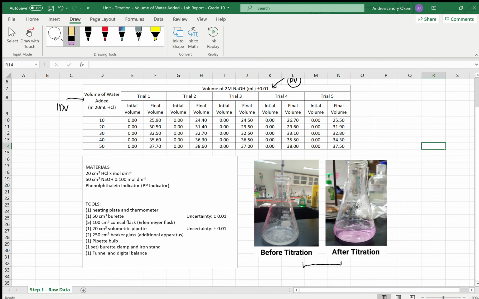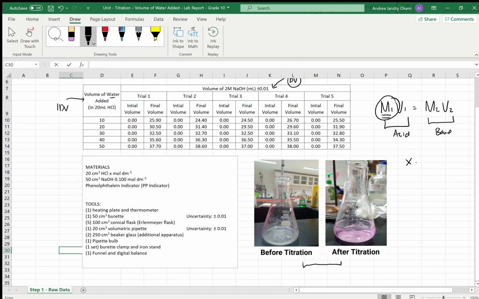But remember, you have to add the water because there is a manipulation of your data related to the water. So later, if you want to use the formula M1V1 equals M2V2, so the molarity, the one is acid and the second is base. So molarity of acid, that's the thing that you are going to find. But for the volume, you have to take a look for